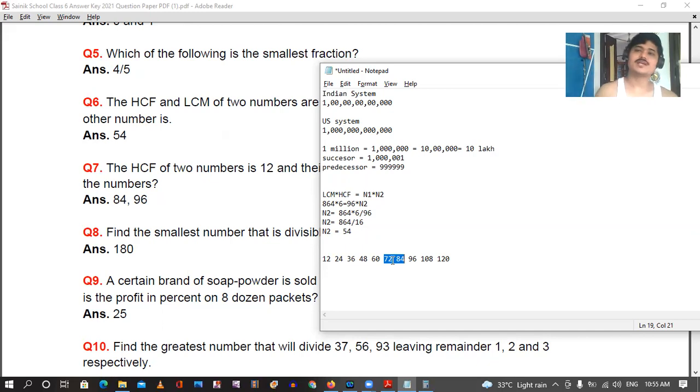Because in the multiplication table of 12, the difference is always 12 because I'm multiplying with 12 only. And the HCF is always 12 because I am multiplying with 12 only. So this is the easiest question that I can see, but don't hesitate if you see the same question but not the same options.